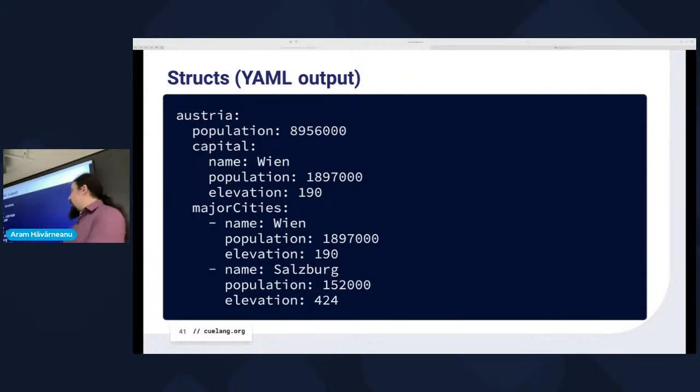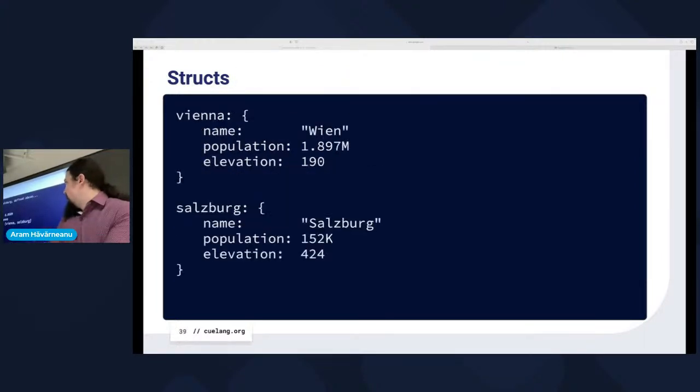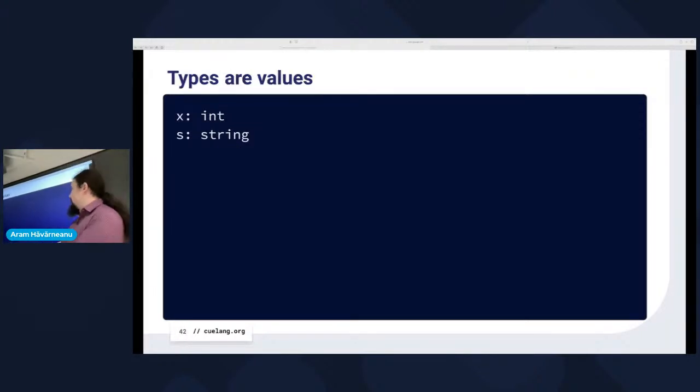Now, so far you've seen just basically values, like the things you could do in many other languages, for example, YAML. Like here we said the population is a number, or we said that the name of something is a string. So basically, we just declared that something is a very specific value. But Q has more interesting properties, because in Q, types are values. Or another way of saying it is that Q values can be types. So what's on the left of the colon is basically a value, and what's on the right of the colon is also a value.